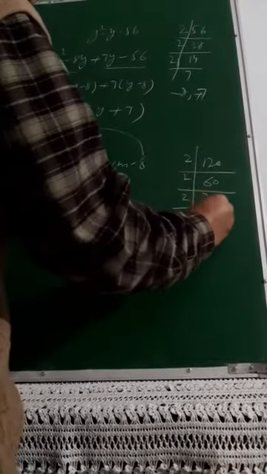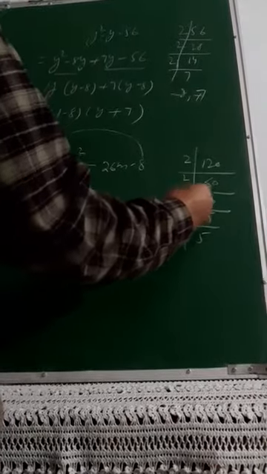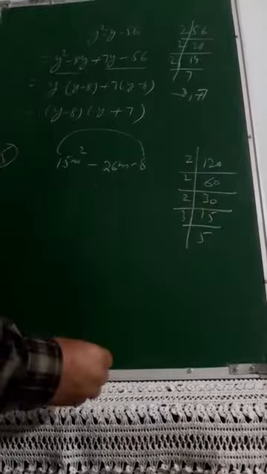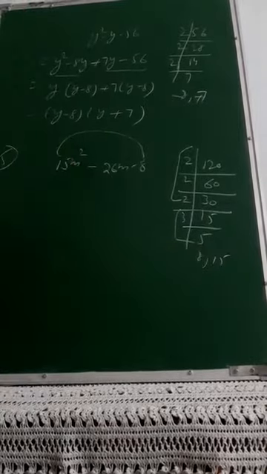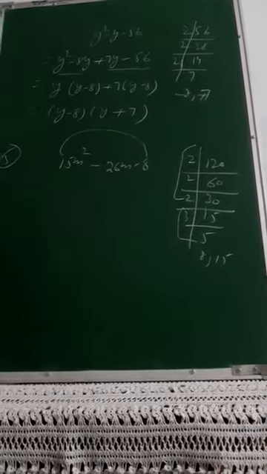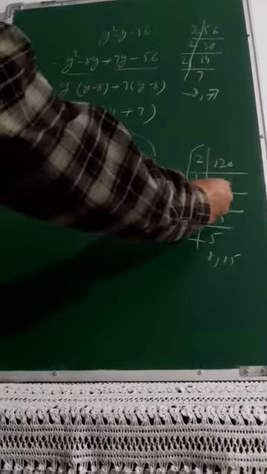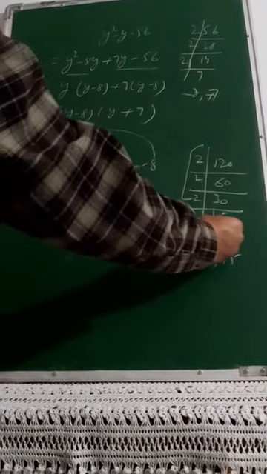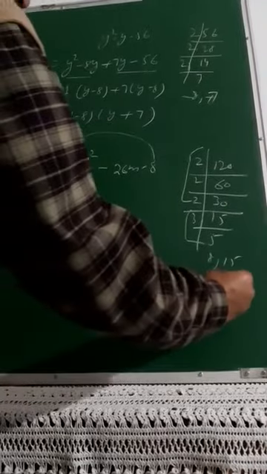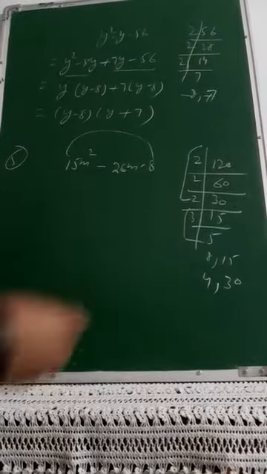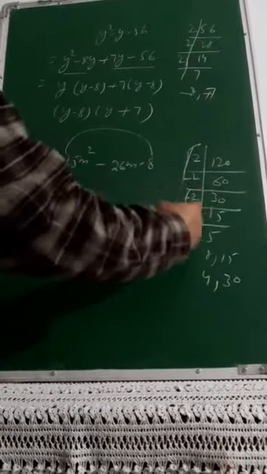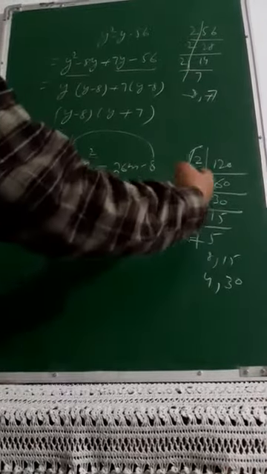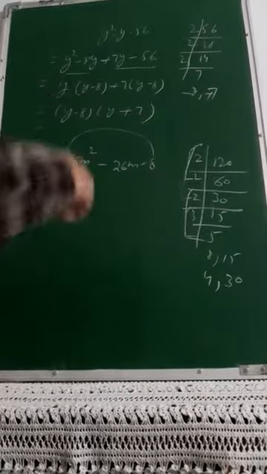Again 2 30s are, 2 15s are, then it is 3 5s are. 2 2s are 4, 4 2s are 8, 3 5s are 15. So 2 4s are 8 and 15. One pair I am getting, 8 and 15. Will that solve my purpose? No, not at all. Then 2 2s are 4, 2 3s are 6, 5s are 30. So another possibility I am getting is, if I am taking the first two only, these 2 and 2 are 4, 2 3s and 5s are, 2 3s are 6, 5s are 30, 2 2s are 4. Another possibility.